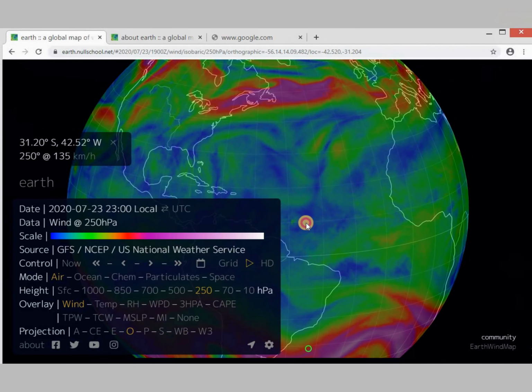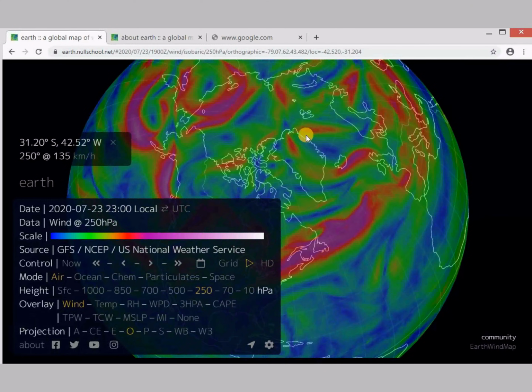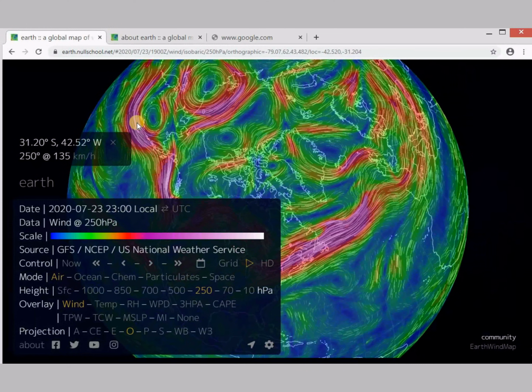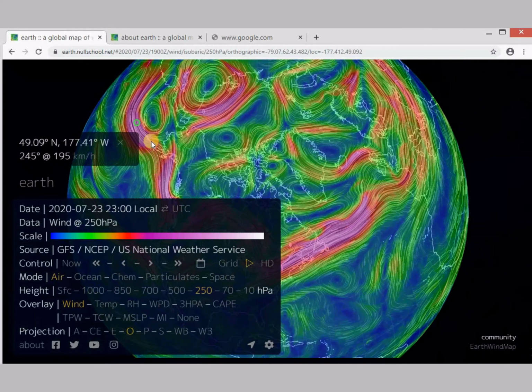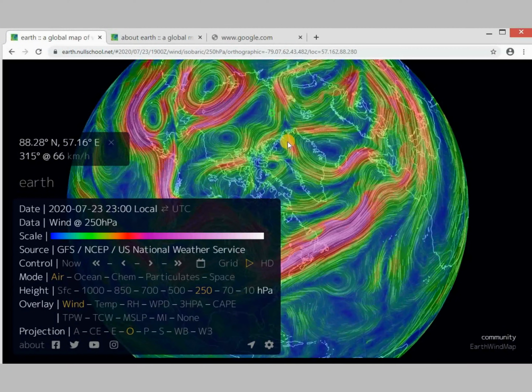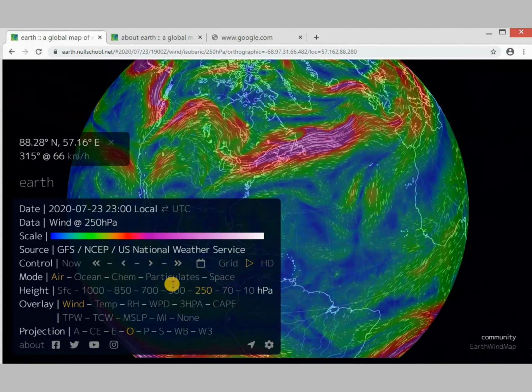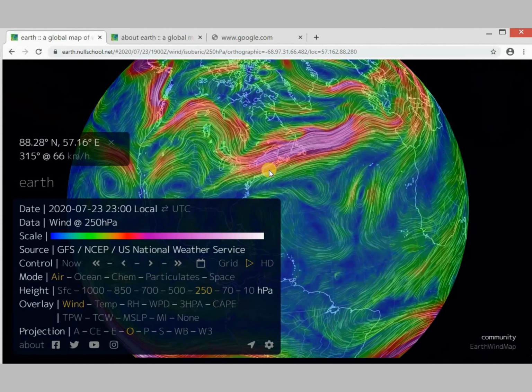So if we go to the North Pole and the subpolar areas, there we see very beautiful patterns of jet streams here. 195 kilometers per hour, then 170. And if we change the height, we will see different other patterns.